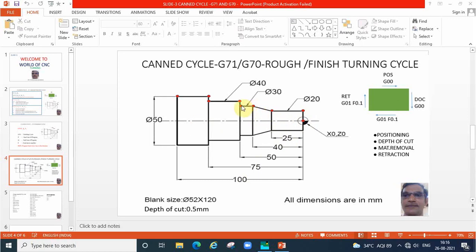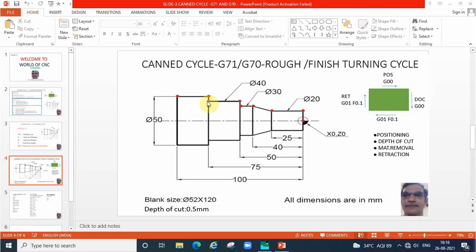Next point, X is not changing. X 30 the same, Z value will be minus 50, and here the next point, X only changing, no change in Z. So X value will be 40, Z minus 50.